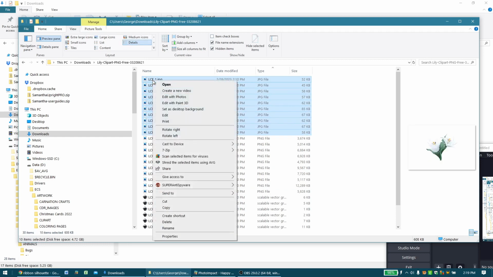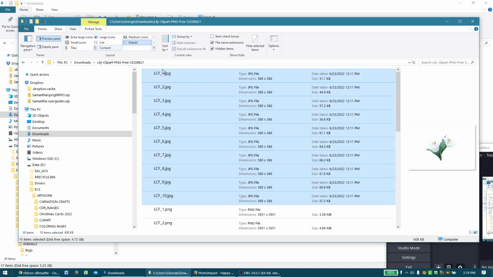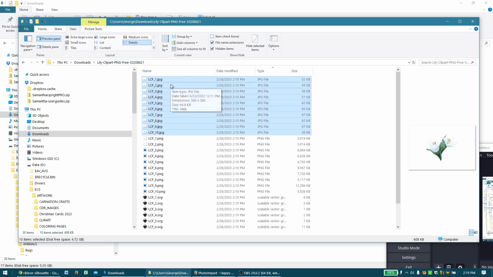Highlight them all, right click, rename, and I'm going to call this Lily. And then I'm going to add the number for the file, which again is right here. Now you can type out Lily clip art PNG free if you want to. I don't need all that. I just need it to be different enough that